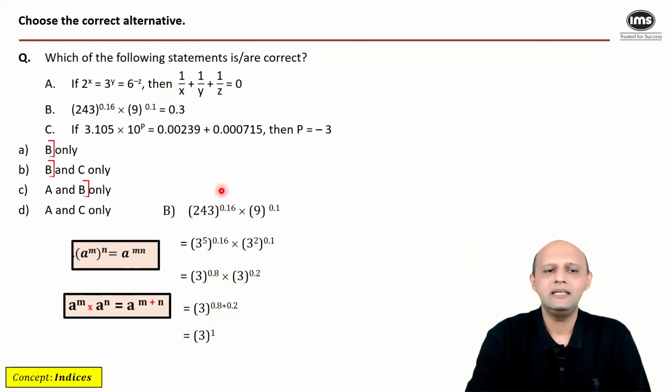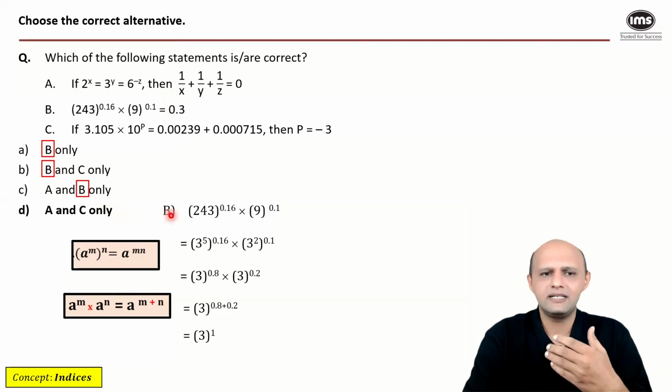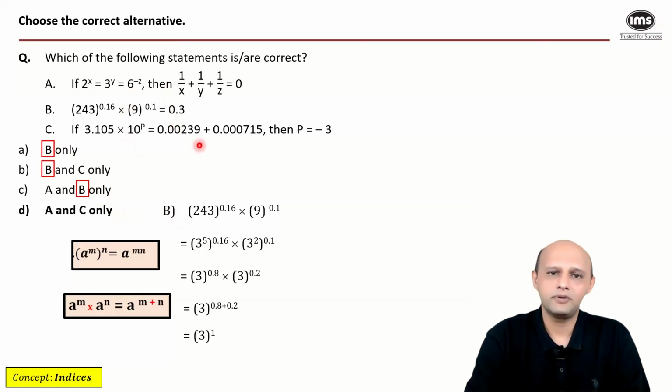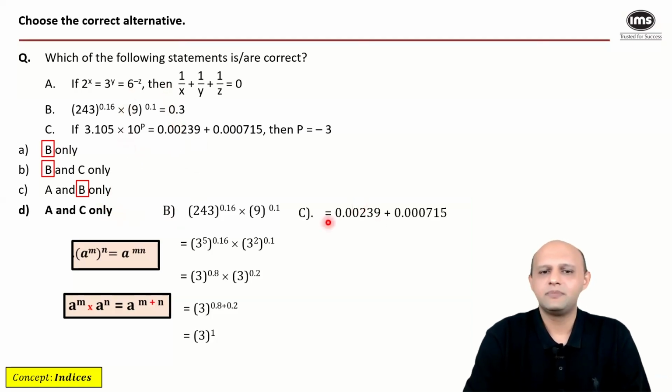Why? Because if B is not the answer, then on closely observing the options, you will realize that it's only option D that would be the correct answer. So without even evaluating statements A and C, we can directly mark the answer as option D. But for the sake of understanding, let us proceed and evaluate statement C and statement A in context of their appropriateness. Okay, so statement C is